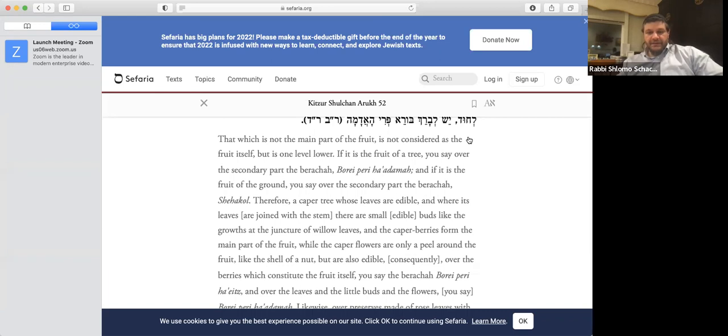Okay. So for the fruit of a tree, you say over the secondary part of the bracha Barei Pri Ha'adama. If it's fruit of the ground, you say over the secondary part Shehakol. You downgrade it one step. So